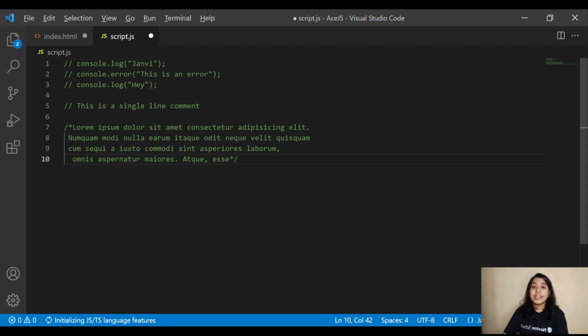See, for writing clean code, and for writing something which can be understood by you, even when you open your code 1 week later, 2 months later, or 3 years later, by you or anybody else, the person should be able to read your code, right? It should be that clean. It is a rule of clean code that you should use comments, because a comment is like a note.